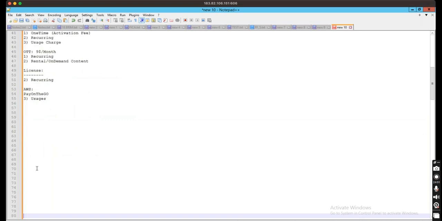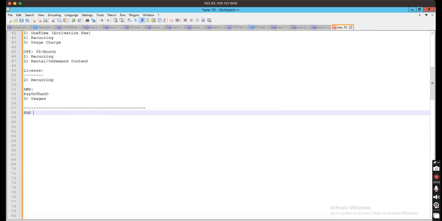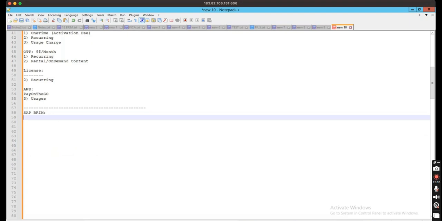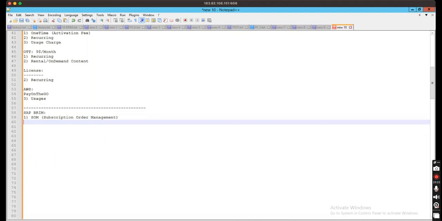Okay, so this is SAP BRIM. What are the different things that we do, and how can this be achieved? In SAP BRIM we have different modules, and they deal with different things. One is SOM, which is subscription order management. The other one is convergent charging or convergent invoicing,